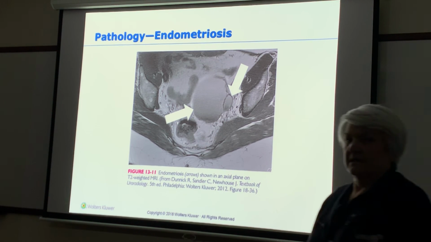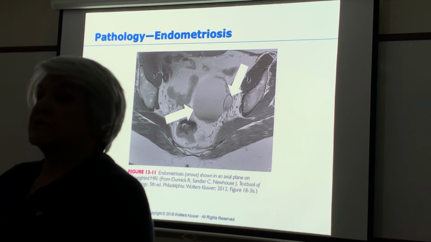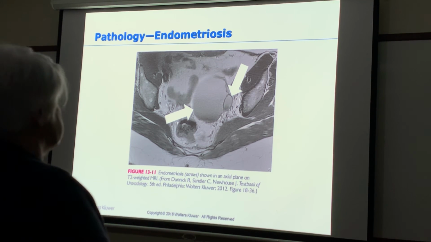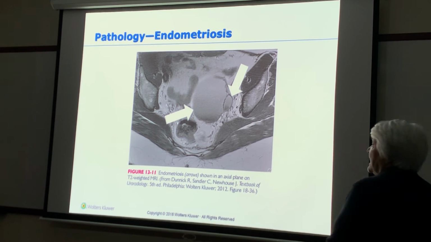So are fibroids only found in the uterus? They're only found in the uterus and the cervix. And I think I read in this chapter that they can be in the fallopian tube too, but I've never seen one. They're rare. Okay? Okay. Now, when I see a chocolate